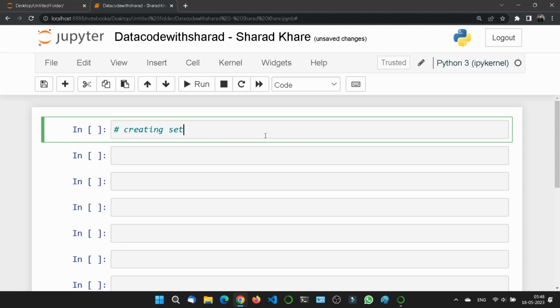Dictionary is yet to come. We will see it in upcoming chapters. But they all have different qualities. You have seen the list, it is a good thing. Tuple has certain limitations, but if we talk about set, then it is basically a collection which is unordered,